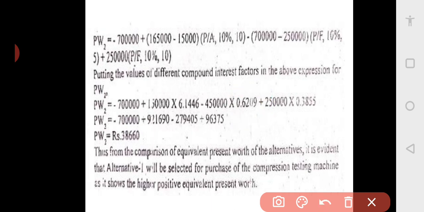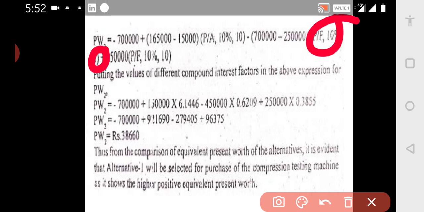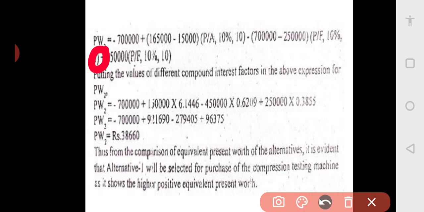This is how you got it for 5 years, for this 4,50,000 rupees for 5 years. This is a factor. These charts are available. I think in your examination also you will be allowed to carry these charts. If you want, you can take xerox, or if it is available in the library, you can take it from the library.